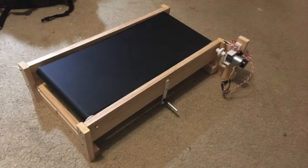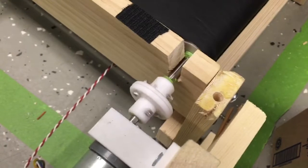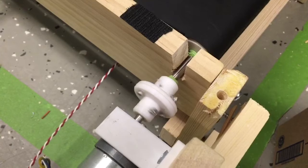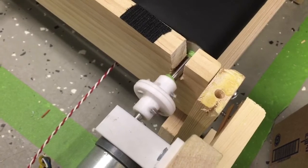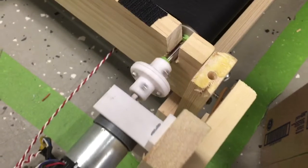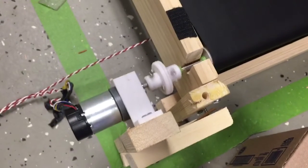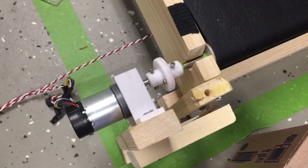It works by using a vinyl belt that is wrapped around two PVC pipes and uses a tensioner in order to remain taut. The driven roller is turned by a DC motor, which is connected through a shaft coupler to a wood dowel that acts as the shaft. This is controlled by the Raspberry Pi Pico in the collection robot and currently can rotate in forwards and backwards